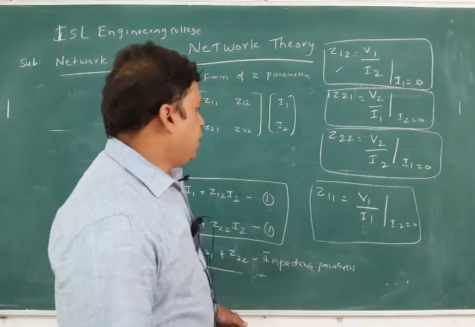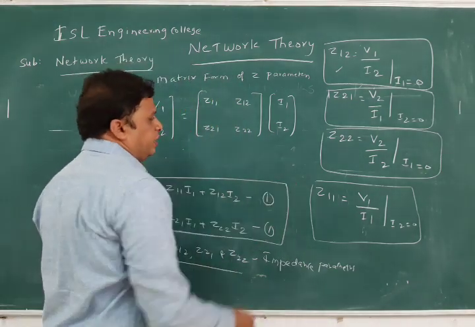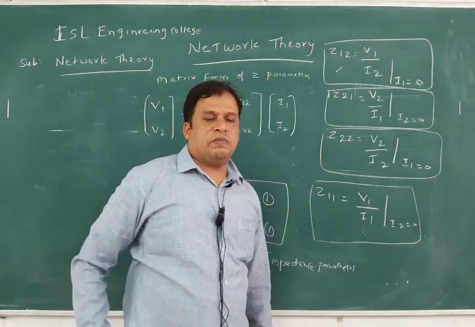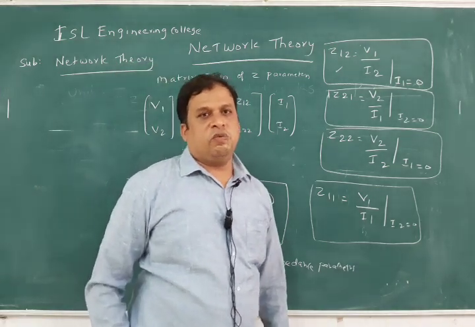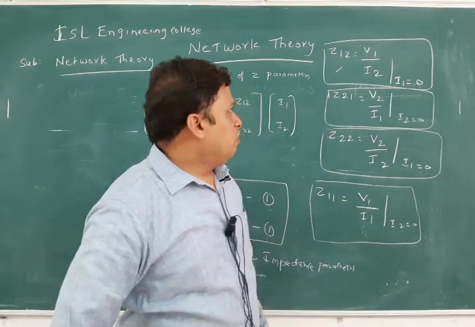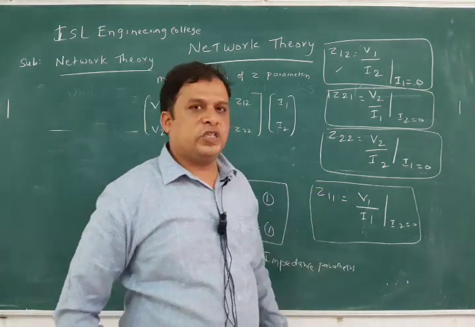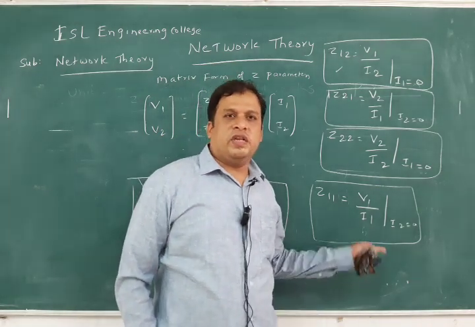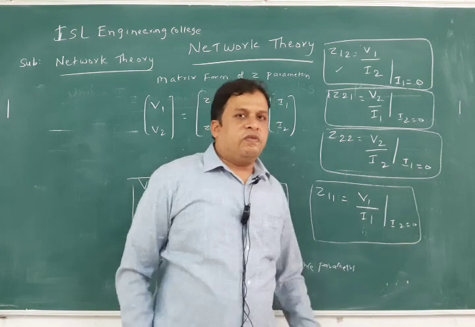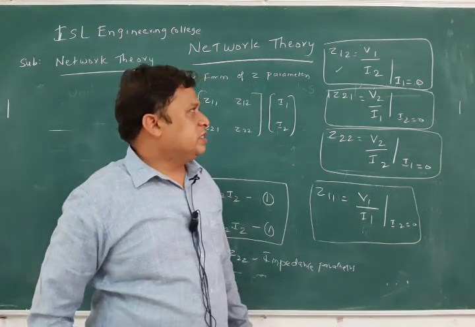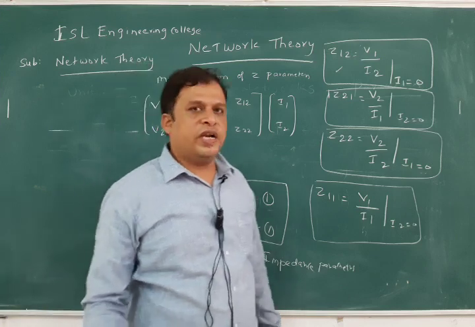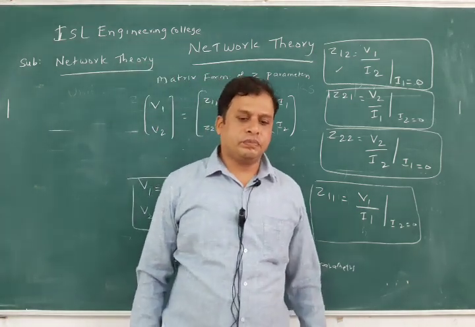Like that, after studying these Z parameters, we can do a problem based on some T network to find Z11, Z12, Z21 and Z22. First of all we will check whether there is reciprocity, and if the reciprocity holds, then the network is said to obey the reciprocity theorem, and we will discuss that in later classes. Okay. Thank you.